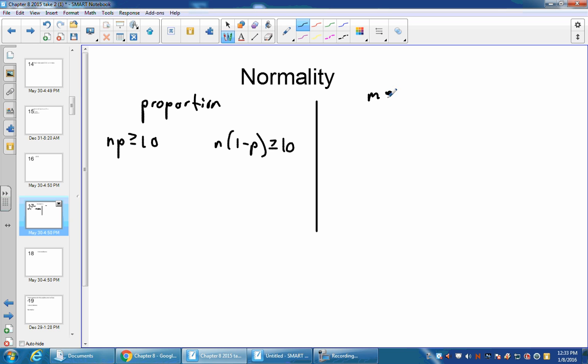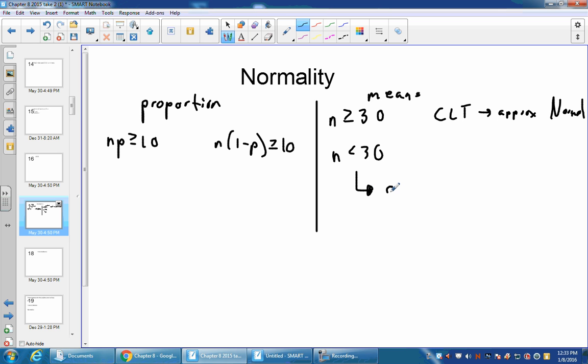Now, when we look at means, means are a little bit trickier. It's really easy. The sampling distribution is always going to be normal if we have 30 or more things that we're taking the mean of. So if n is greater than or equal to 30, central limit theorem tells us that it's going to be approximately normal. The gray area is what happens when n is less than 30. Well, if n is less than 30, we have to graph the data